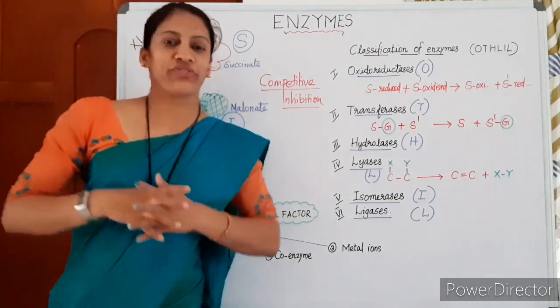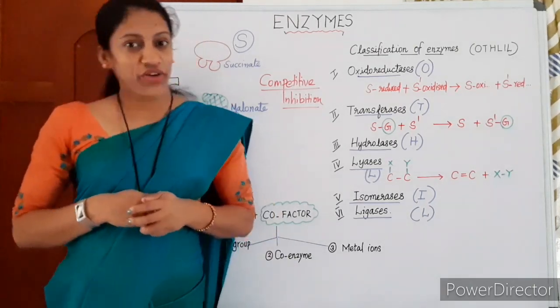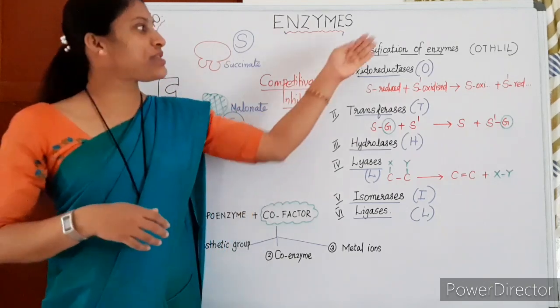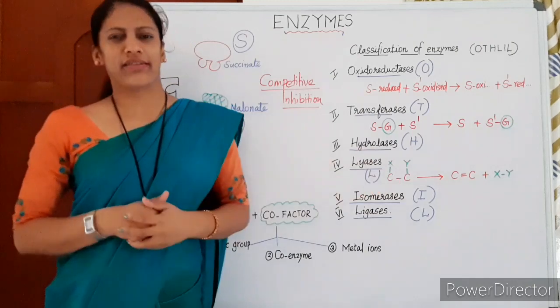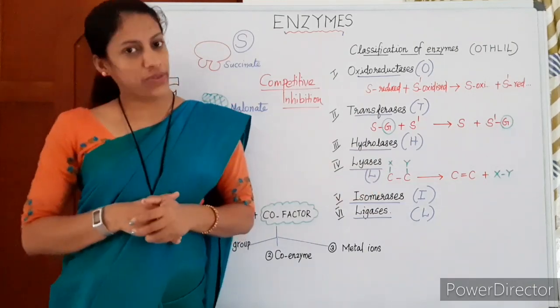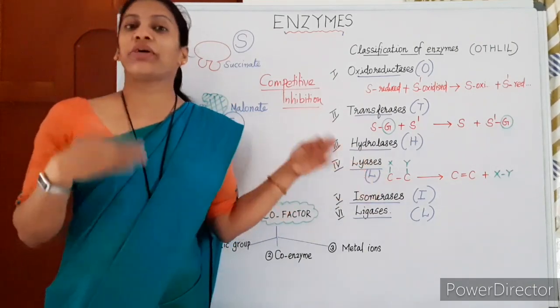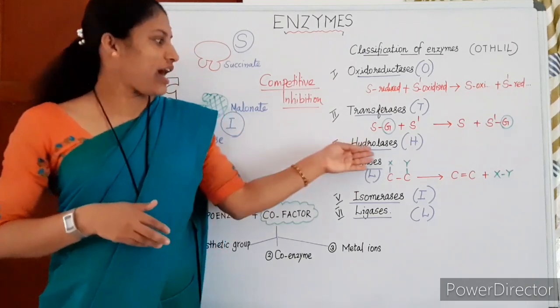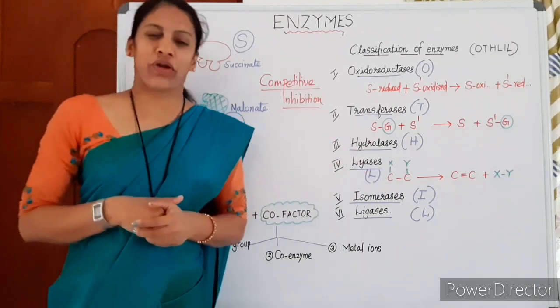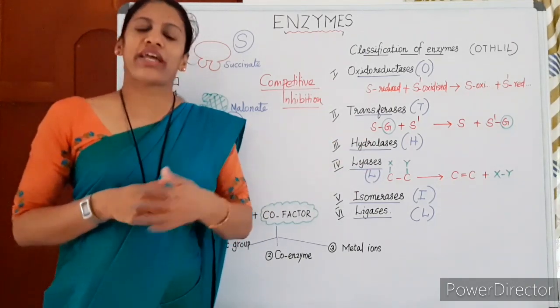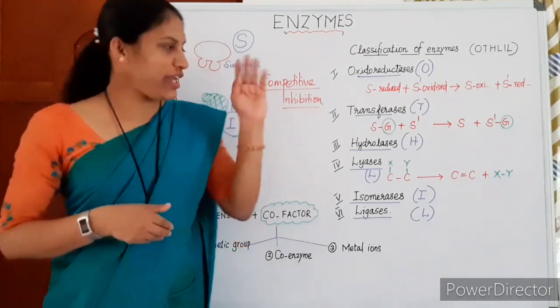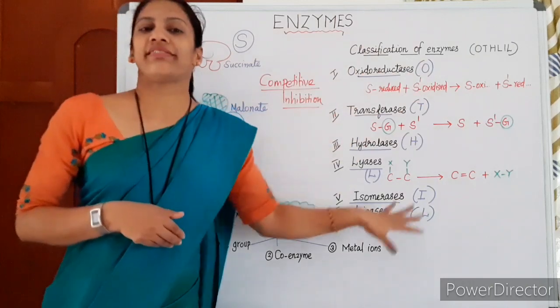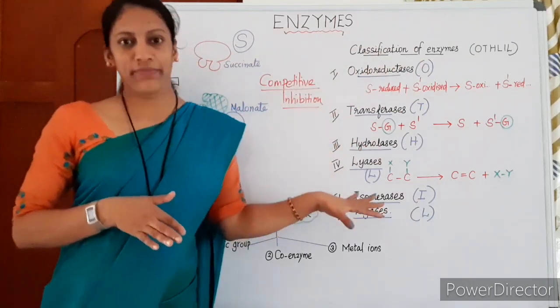The different types of enzymes, the classification of enzymes. Enzymes are classified into 6 major classes. Again, many subclasses are also there, and some of the subclasses you are going to learn next year. Under hydrolases, there are nucleases and proteases. In your digestion chapter you also studied proteases and lipases. Anyway, the 6 major classes of enzymes are